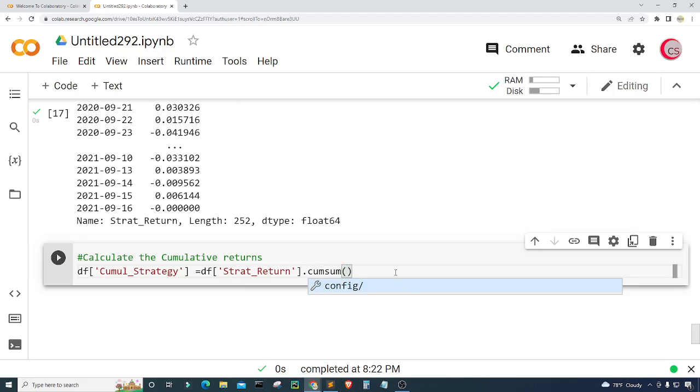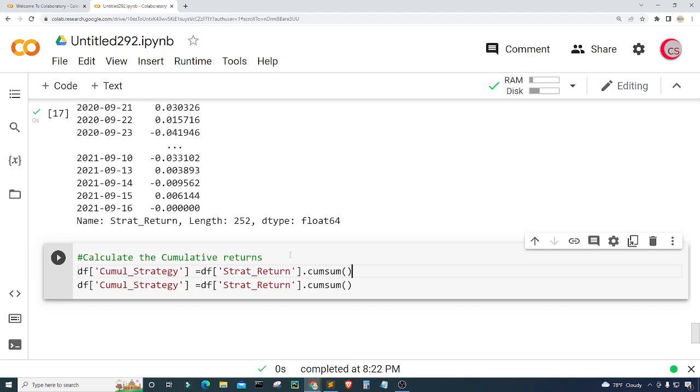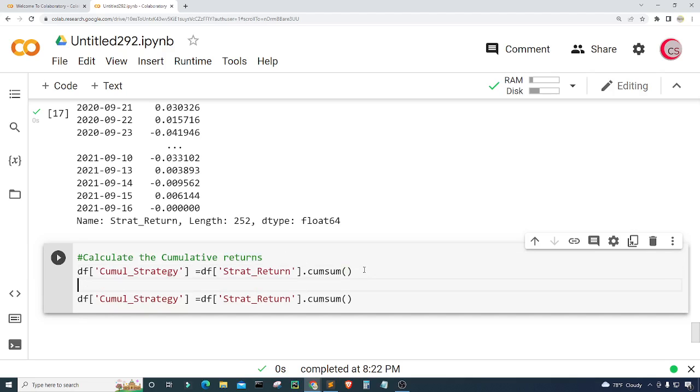All right, I'm just going to highlight this, copy using Control C, and let's paste it here using Control V, and this will be the calculation of the strategy cumulative returns,